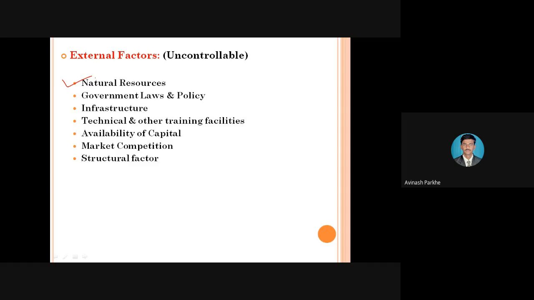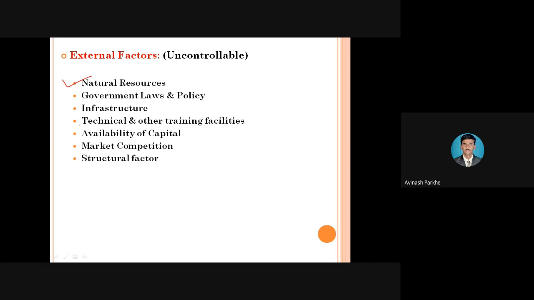For example, MIDC areas. If I have to start any mechanical industry, or any production setup, or any production unit, at that time I have to start that new layout in the MIDC areas only. It is not possible to start your industry near your home, or near the city, or near the villages. So we have to follow some standard rules and standard policies, whatever the government has said. According to those policies and laws, we have to start the organization.